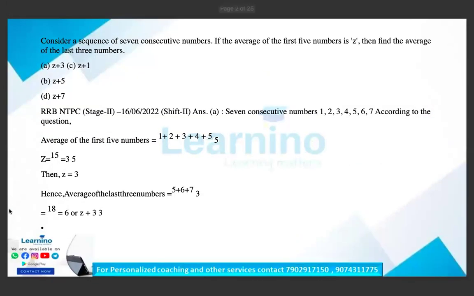First question: consider a sequence of 7 consecutive numbers. If the average of the first 5 numbers is Z, then the average of the last 3 numbers is...